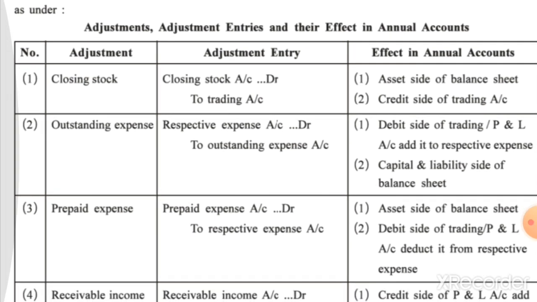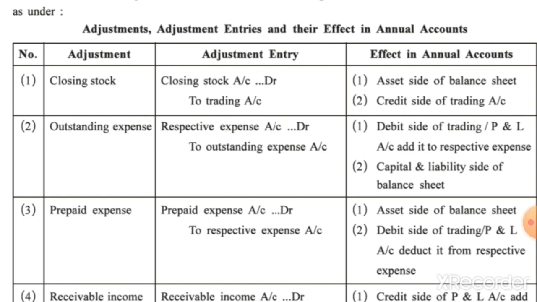Now the third one, that is prepaid expense. Just as outstanding expense, in the same way, if an expense which has to be paid in the next year has been paid by us in advance, then it is called prepaid expense. So it is one kind of asset for us because at a later time we don't have to make that payment. So the adjustment effect would be prepaid expense account debit, respective expense account credit, opposite of outstanding expense. So the first effect would be asset side of balance sheet, and the second effect would be